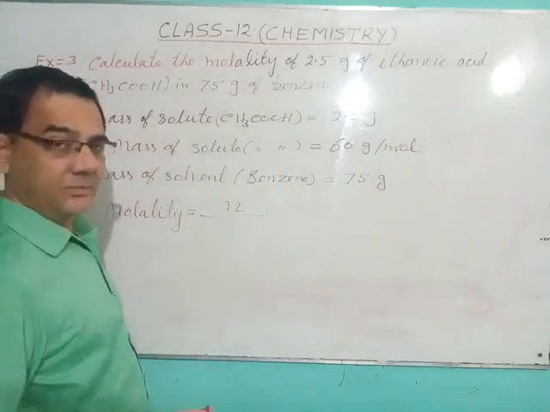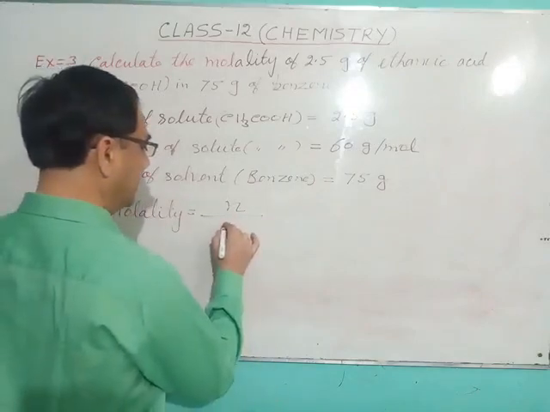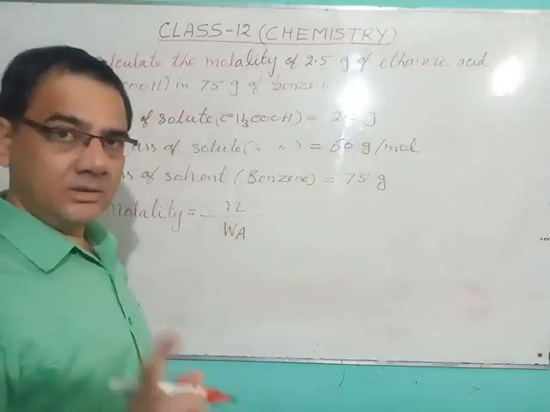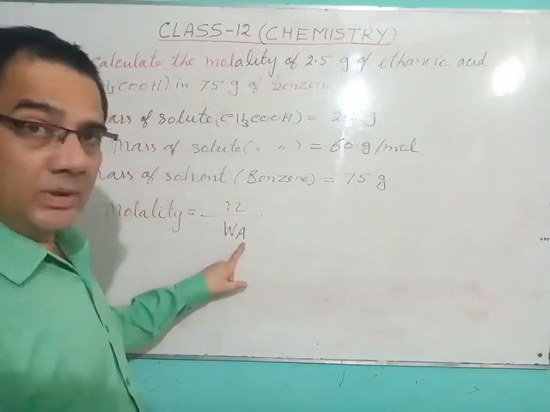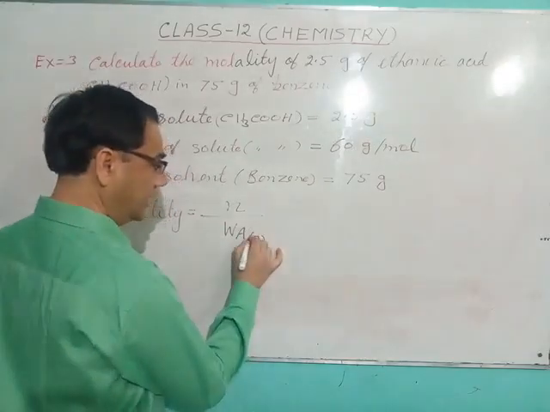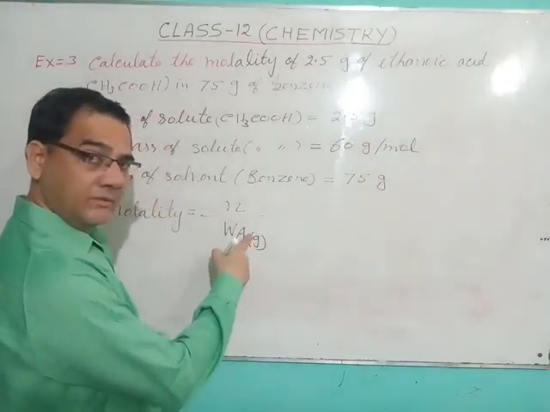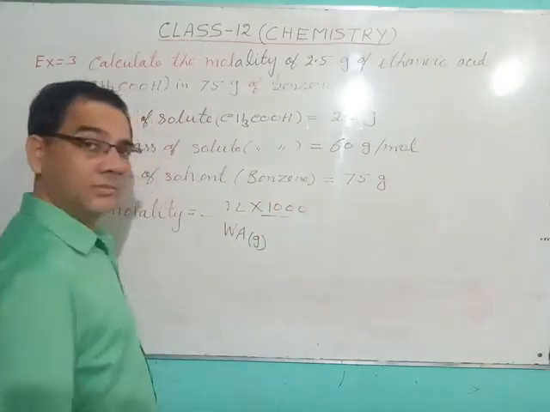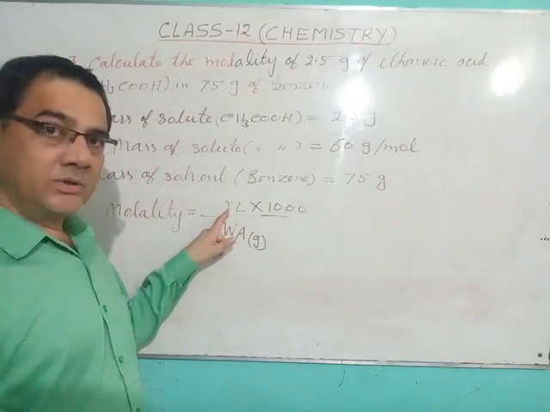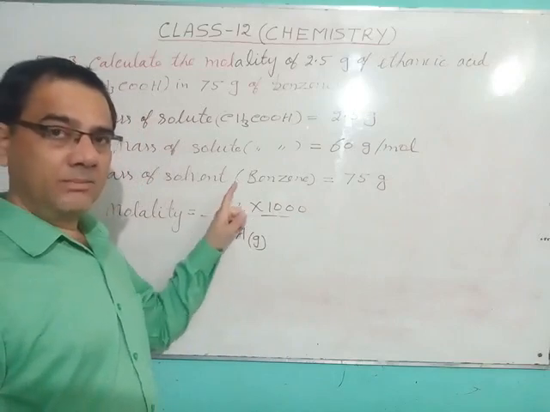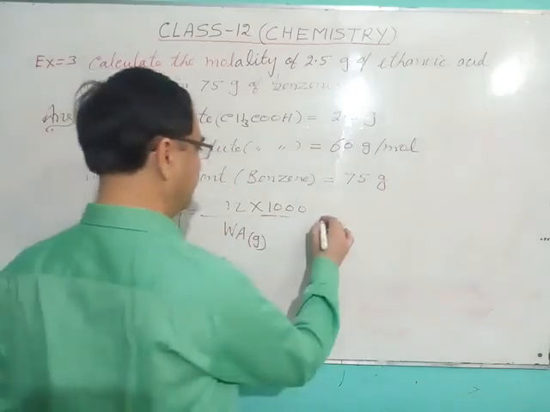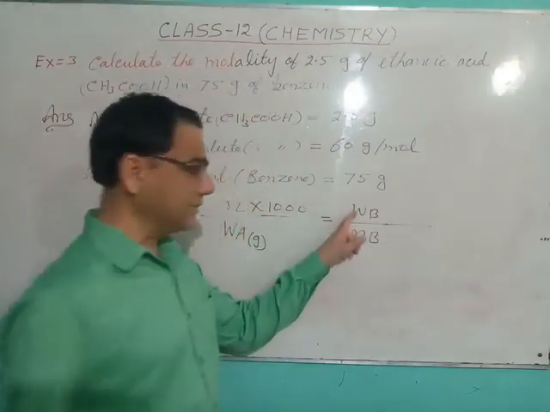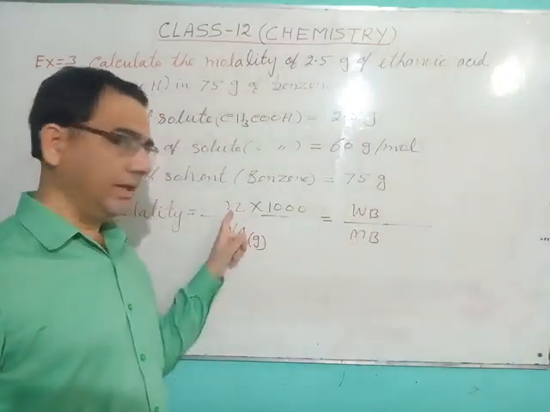But first we write the formula. So mass of the solvent we represent as WA. In the whole chapter, solvent we take as A and the solute we take as B. So it is WA, but in gram. If you are putting kilogram, no problem. Formula will remain same. But if you are writing in gram, then here we multiply by 1000. And this is the number of mole, the number of mole of the solute. And number of mole of the solute is equal to mass of the solute upon molar mass of the solute. That is WB upon MB. Mass of the solute, molar mass of the solute. This is all together n.